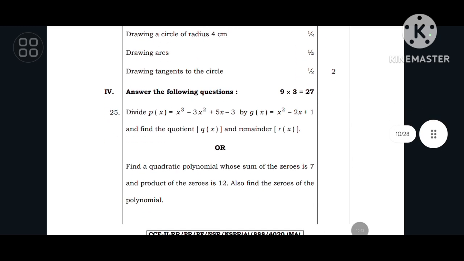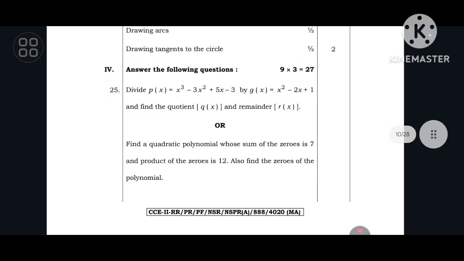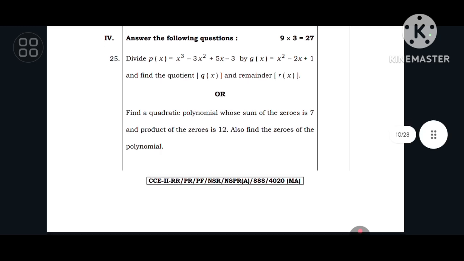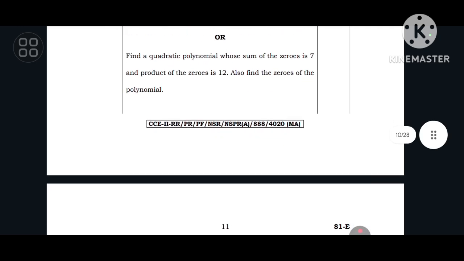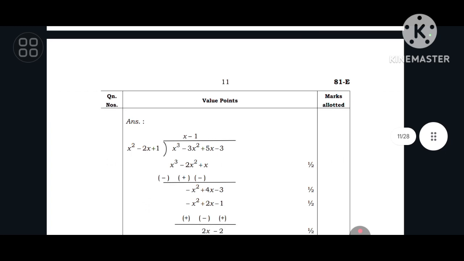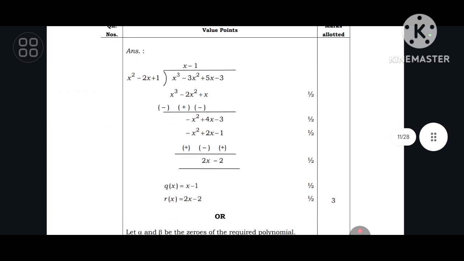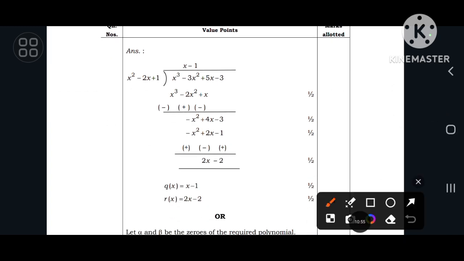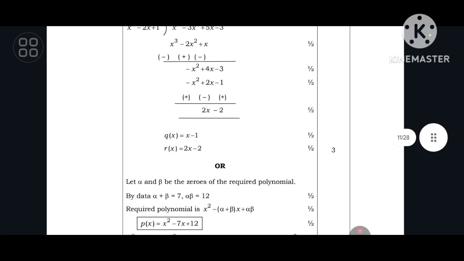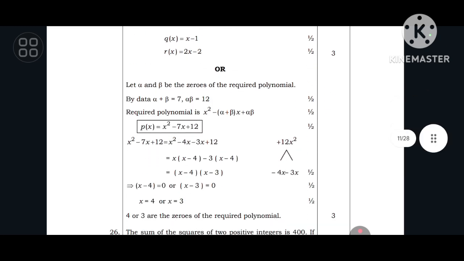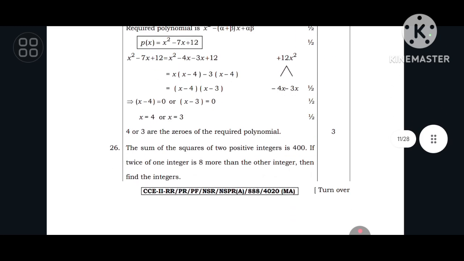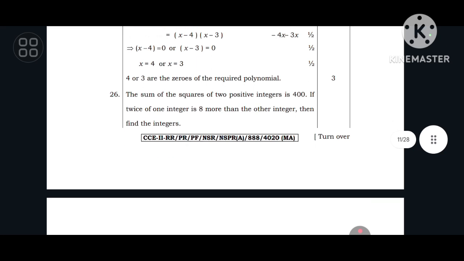Coming to the polynomial chapter, here the section will start from 3 marks. As you can see how they have provided the OR and how to solve. This is a very systematic method you should follow. How the marks distribution is there here, you have to follow each and everything, so you can score good marks. Coming to the OR question, I will just scroll because the video length will be very lengthy, and